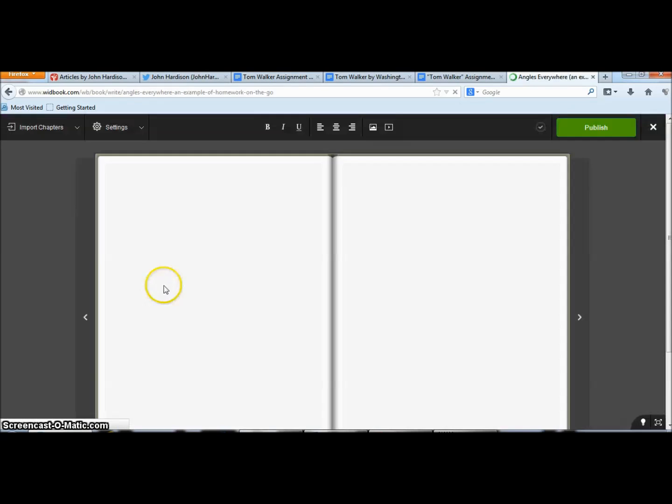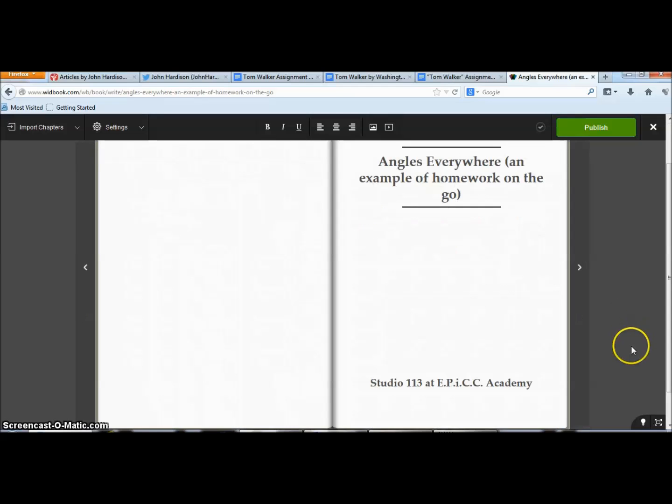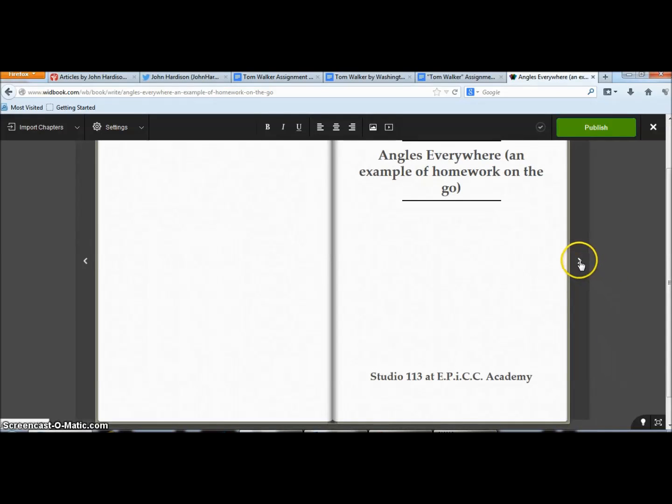Let me see if I can get this to pull up. Here it comes. So I was just thinking, what if I'm a math student? What if I'm tired of that worksheet, tired of those assigned 20 questions at night? But maybe it's a Saturday or a Sunday, and I'm thinking, oh, I understand what that teacher was talking about in class now, and here's where I see it out in the real world, and here's how I can apply it. So I quickly wanted to see how I could show my knowledge